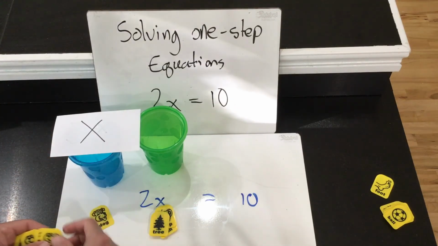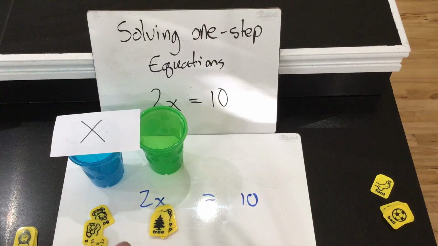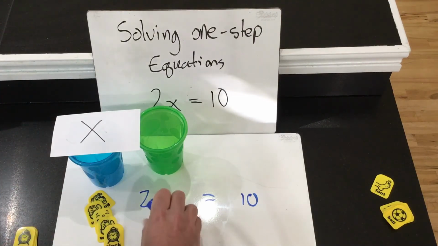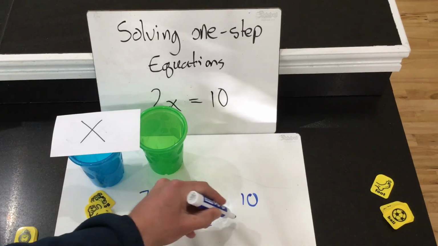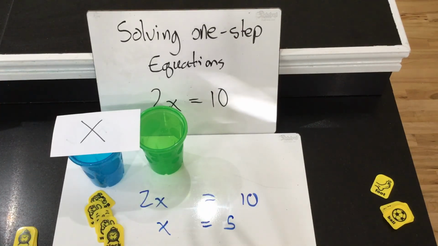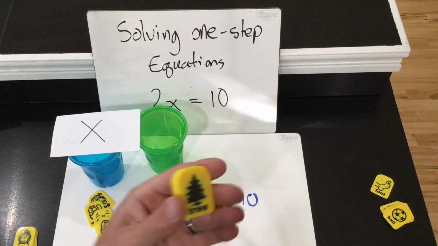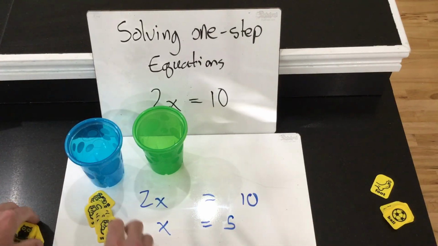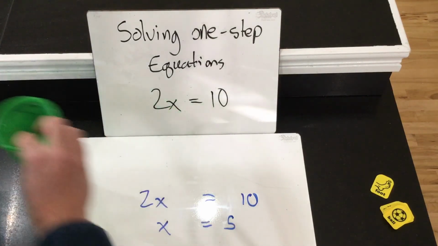We have 1, 2, 3, 4, 5. We have 5 of those pieces, so x would have to equal 5. The reason I wanted to go over this demonstration with these pieces is to show you what's happening when you're solving equations. And what that is